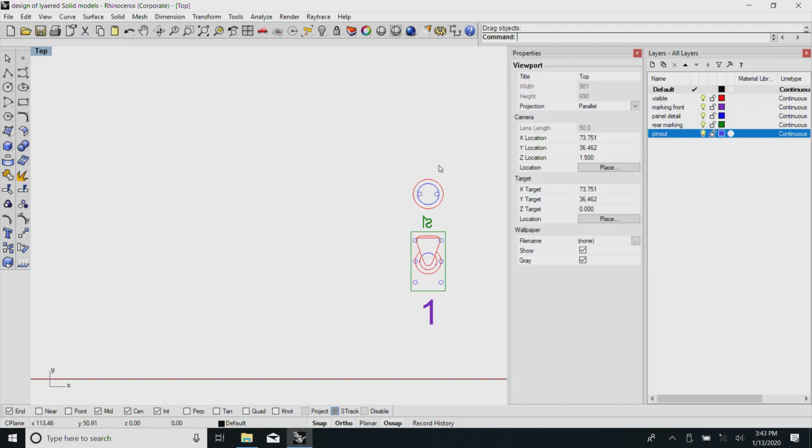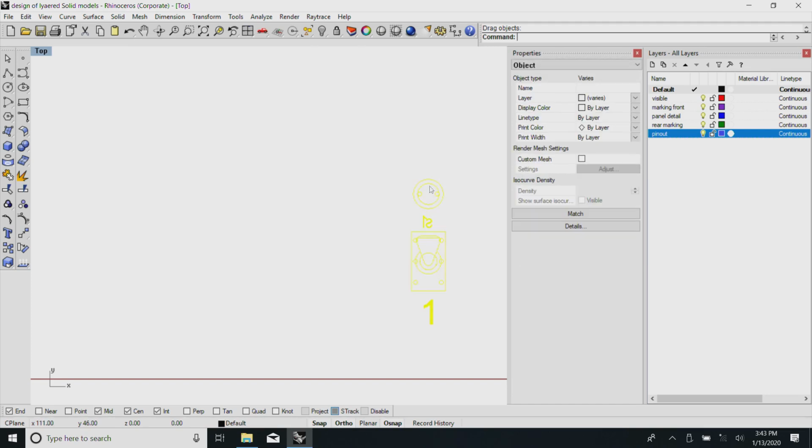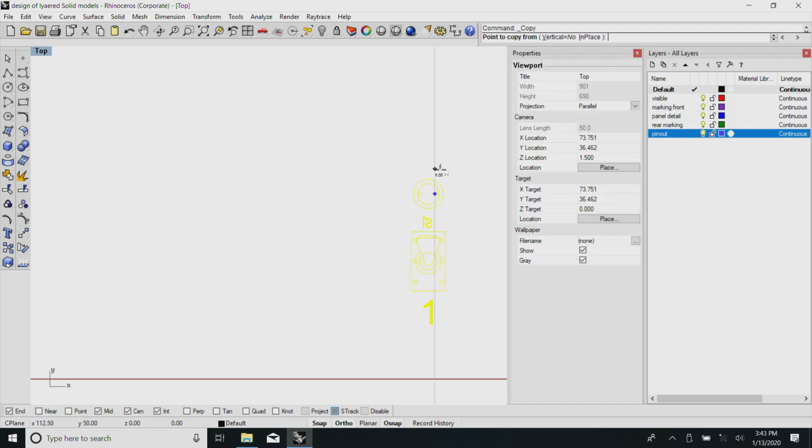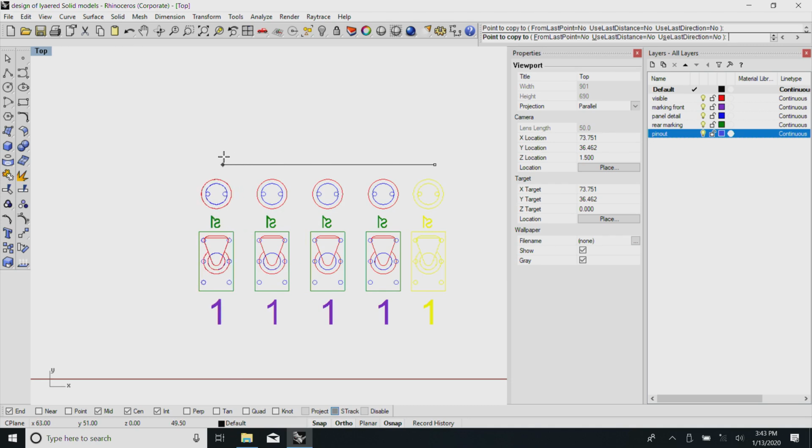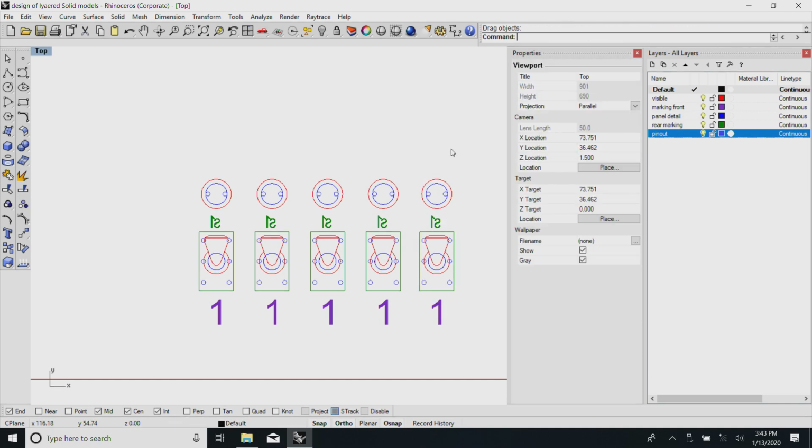Let us say it is here, I now copy it. Neat. I have got 6 instances of this.